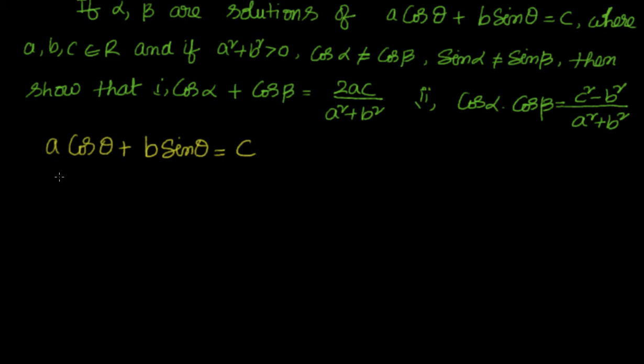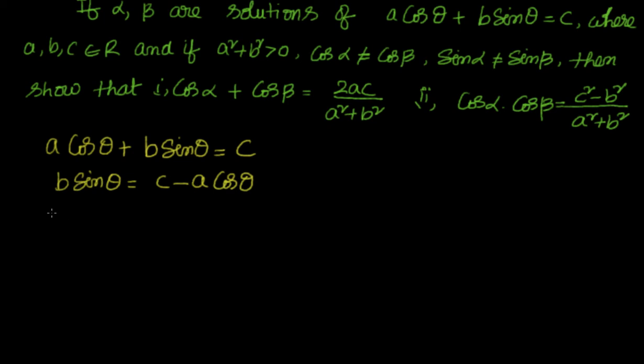That way I can get the equation in cos. So b sin theta equal to c minus a cos theta. Why are we doing that? Because when I square I will have 2ac cos theta and sin square theta, which I will convert into cos. Then I will have everything in cos. If I take b sin theta to that side, when I square it I will have 2bc sin theta, which is very difficult to convert into cos. So I have to go this way.